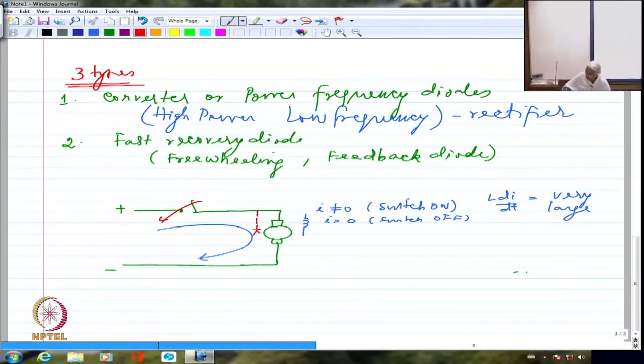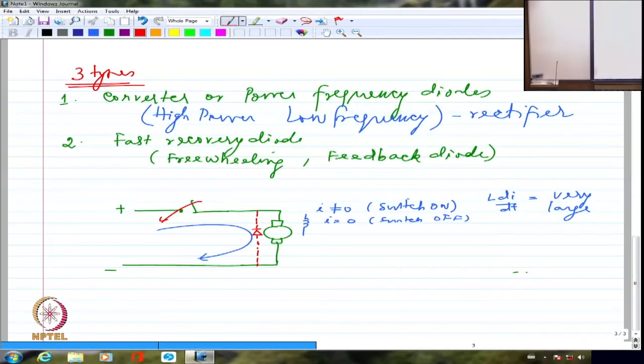This is the diode that I am going to put right across the motor drive. And I call that a freewheeling diode. A freewheeling diode is that diode which will carry the current which is stored because of the energy stored across the inductance. So it is like a flywheel. It is essentially trying to de-energize the inductance by circulating the current through itself and whatever is the